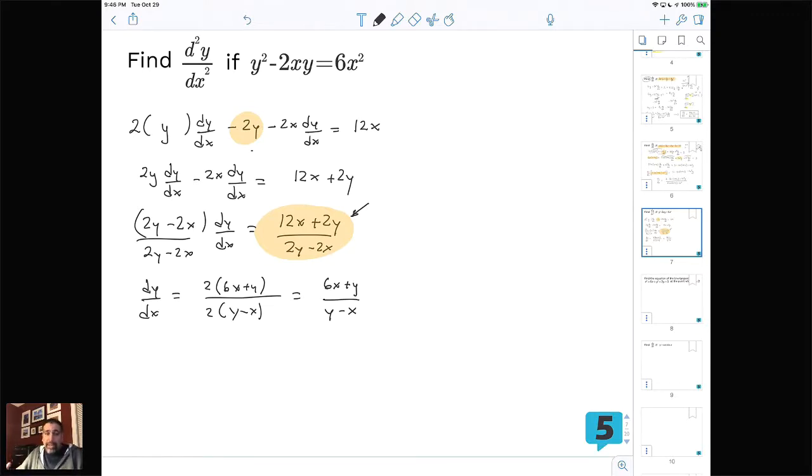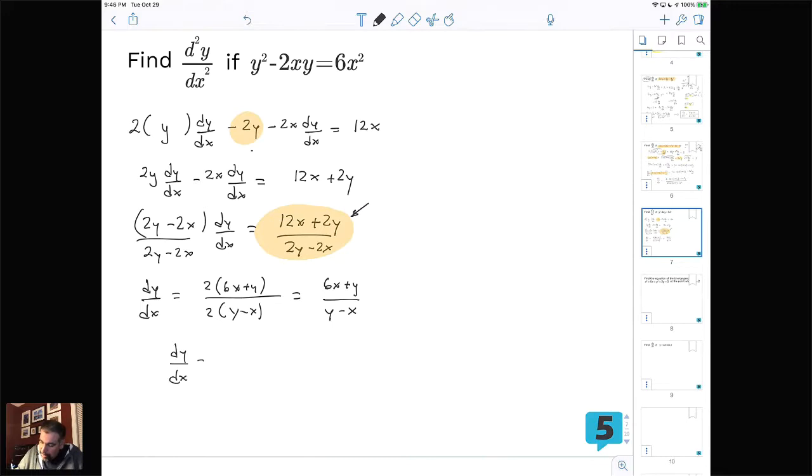My best advice to you guys, though, is to always check with your own teachers and make sure you know what they're looking for. Even if you don't have to simplify it, you should know how to simplify it. So that being said, I want to now go and look at